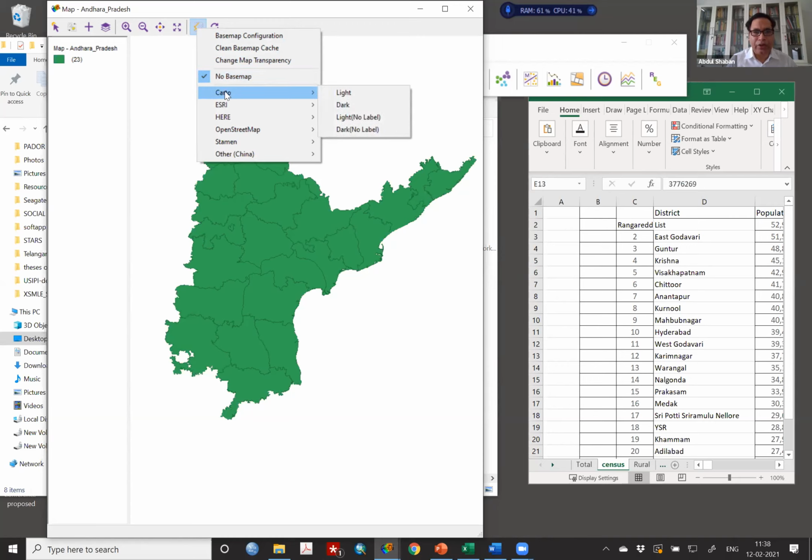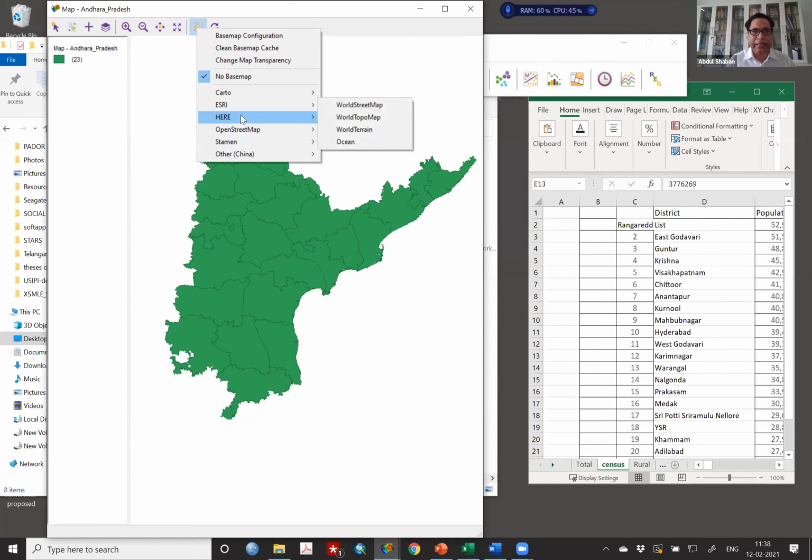For example, Carto. These are the various websites through which linkages are provided by GeoDa. You have Esri, you have day, night. There is OpenStreetMap. You try all these when you have a good connection.